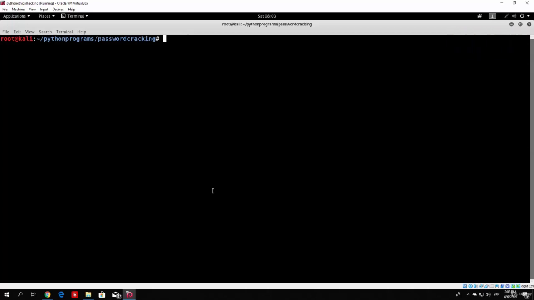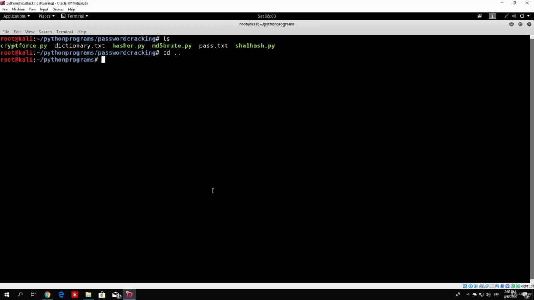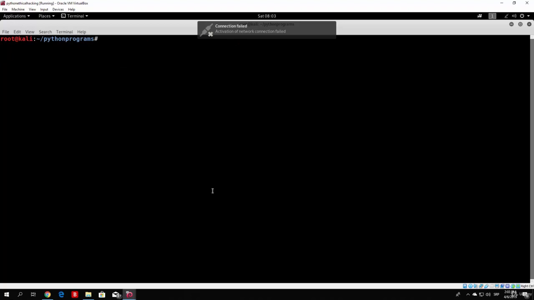Hello everybody and welcome back to the tutorial where we will actually code a simple MAC changer for our Kali Linux machine. So let us get started. First of all, what we need to do is get out of the password cracking section and make a directory where we will make something like, let's call it for example, our local network